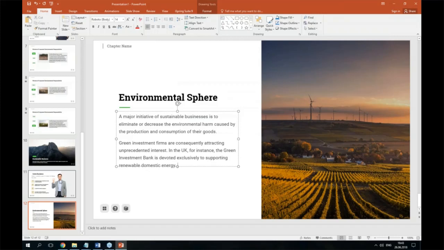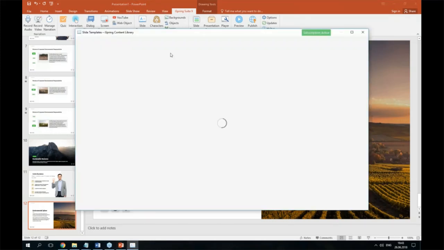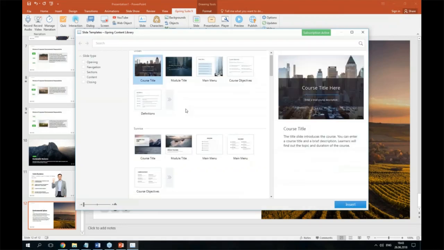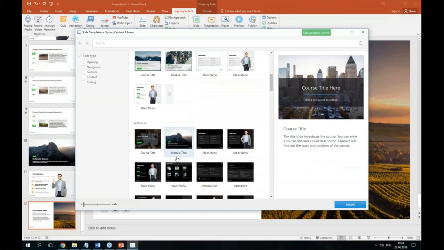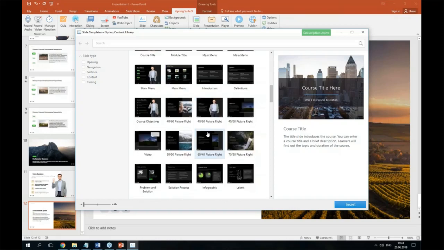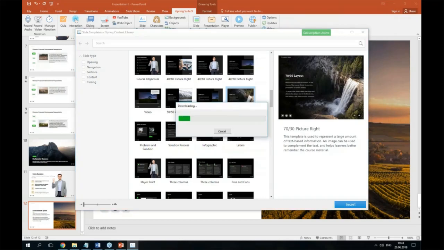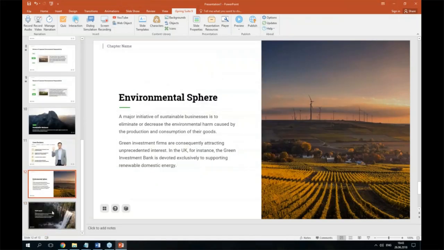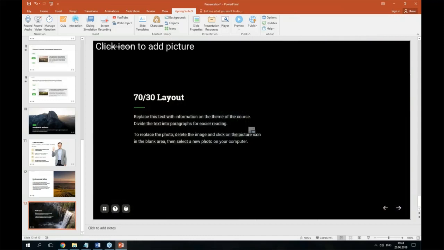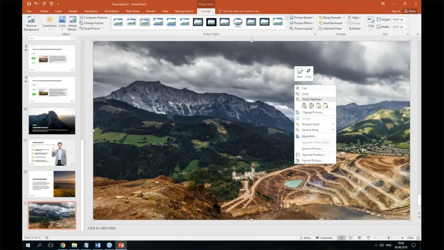Let's create the slide number 13. Slide templates. Select the anthracite section in the opened window and select the slide called 70 by 30 picture right. Let me find it. Here it is. I will also insert a custom picture from the resource folder. Just click on this icon in the center and add this slide from the resource folder. Send it to back